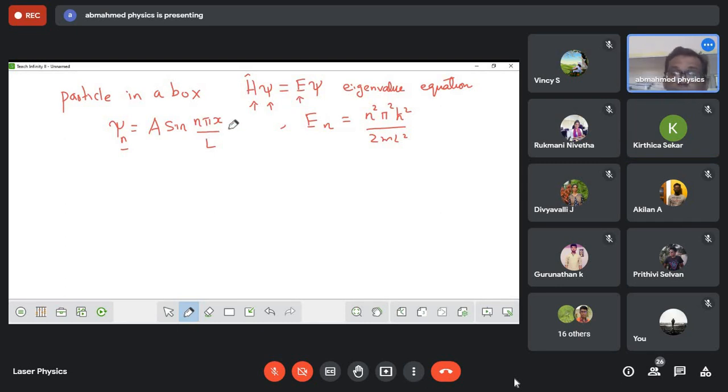We do not take it. That is why we start with n is equal to 1. Okay? Okay sir. So n is equal to 1 is the ground state. When you consider the linear harmonic oscillator,